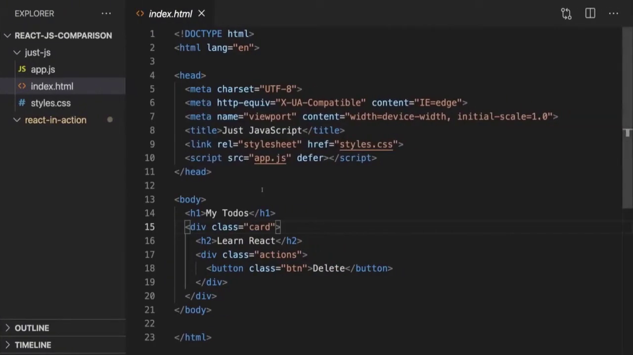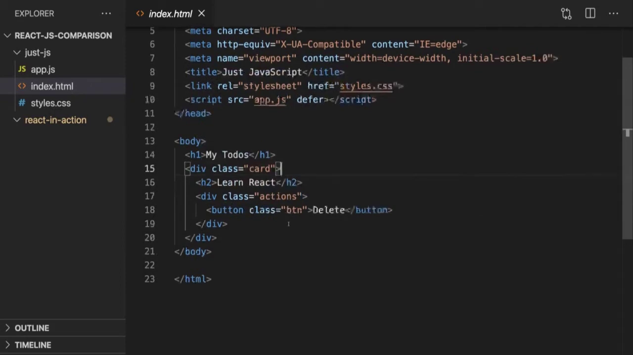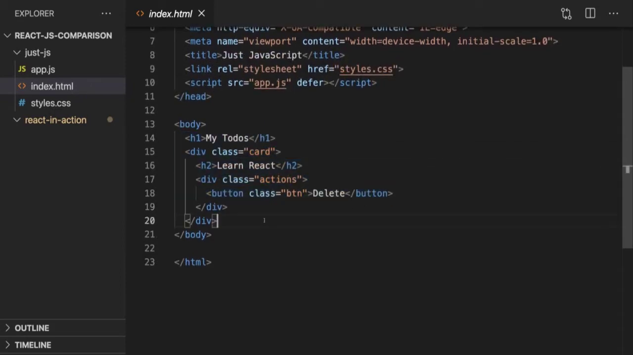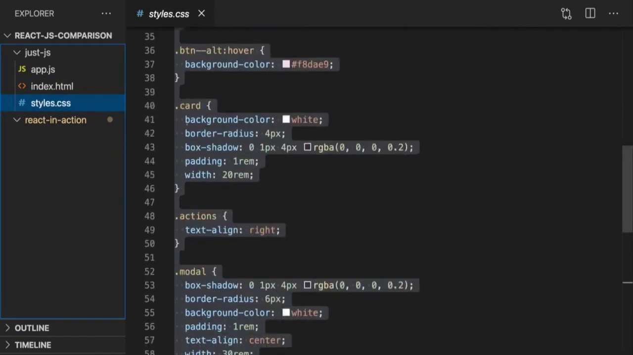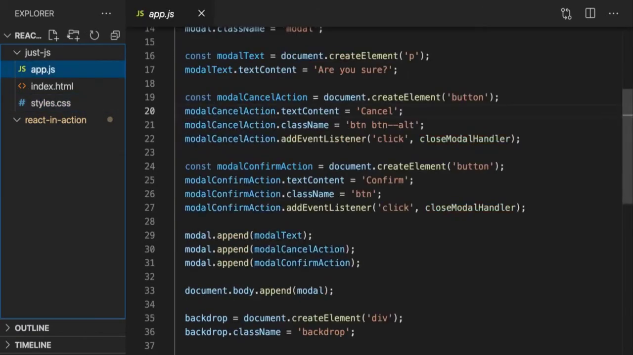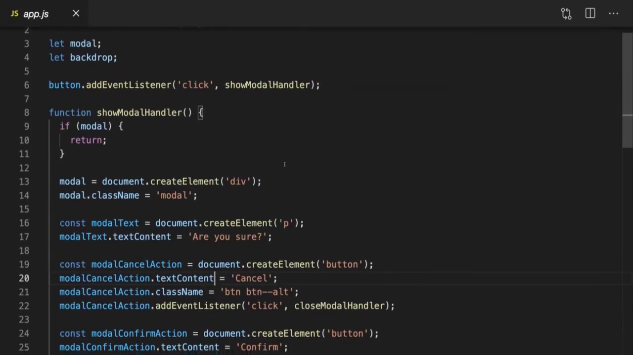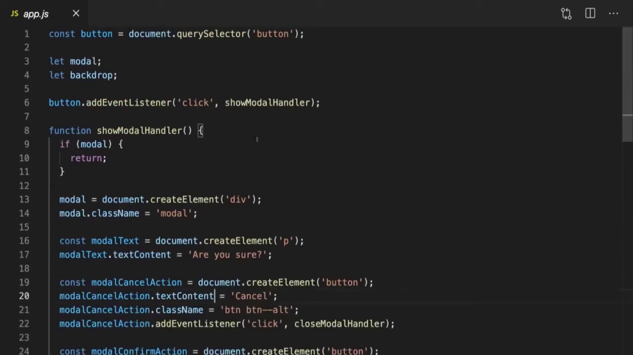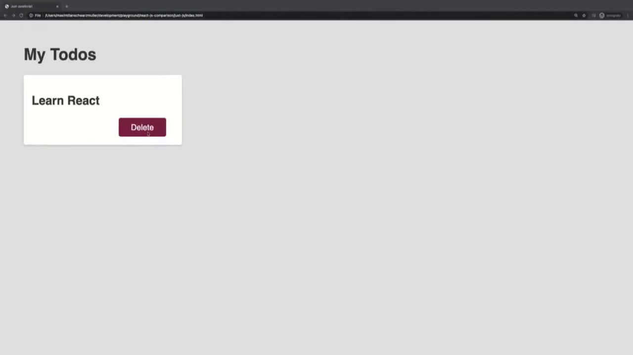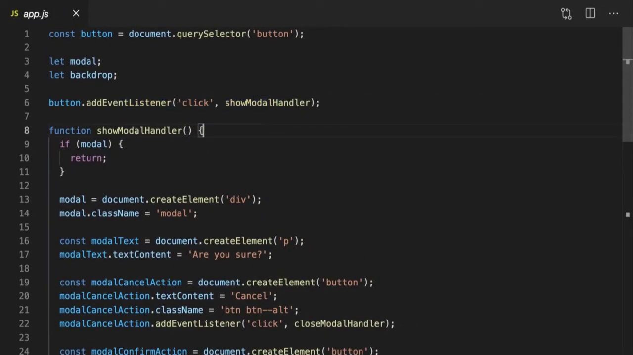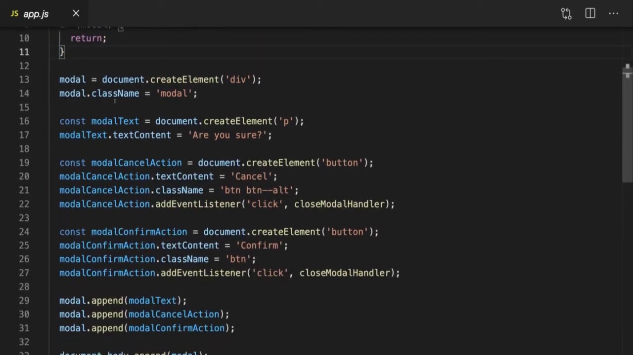with JavaScript. I got a HTML file with some very basic HTML content, some styling, which we can ignore, and then the magic happens in this app.js file. In there, I got some code that in the end adds a listener to this main button which we got on the screen, so to this delete button here. And when that button is clicked, I fire this show modal handler function, and in there we run a bunch